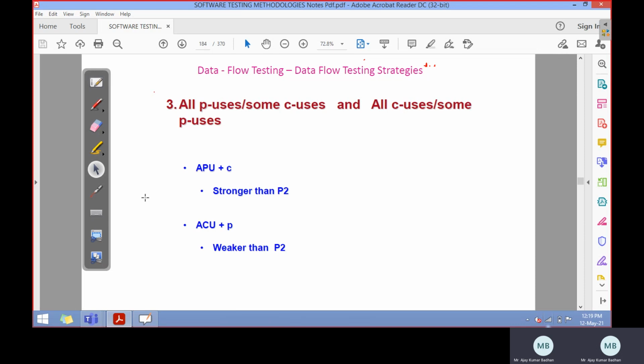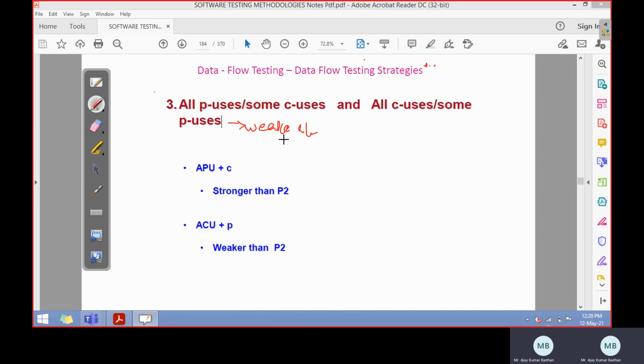Then we have all P users or some C users, or vice versa, like all C users and some P users. Basically, here you can consider this as a somewhat weaker criteria. Okay, you can call it a weak strategy. Why is it weak?